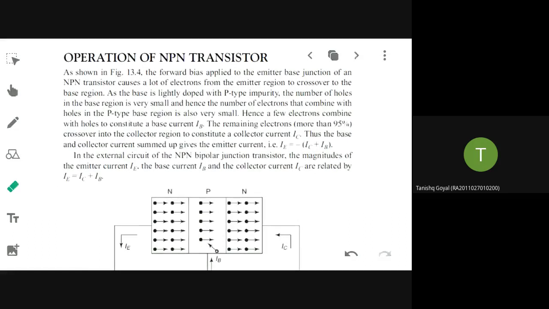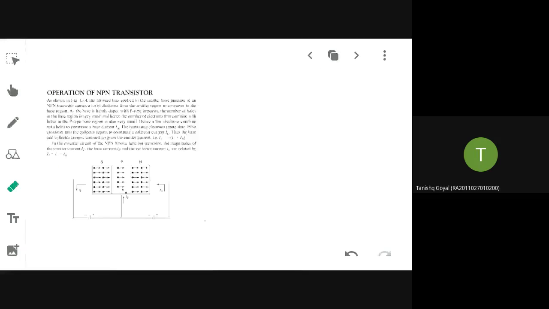Right. So this is how the operation of an NPN transistor will happen. You are going to forward bias the emitter-base junction. You are going to reverse bias the collector-base junction, and the middle sandwich layer will be lightly doped, because of which the number of majority charge carriers of that middle layer will be very less. So IB current will be very less, and almost all the electrons from the emitter will move on to the collector, contributing IC. So the sum of IB plus IC will be equivalent to IE. That is all about the operation of NPN.